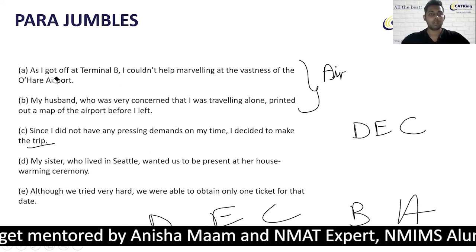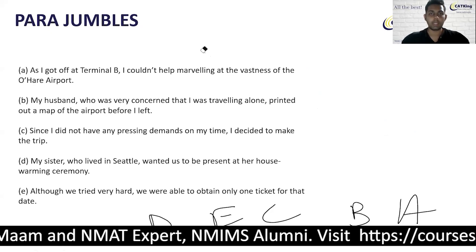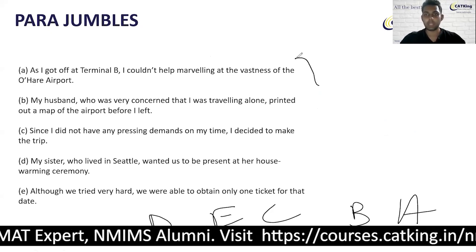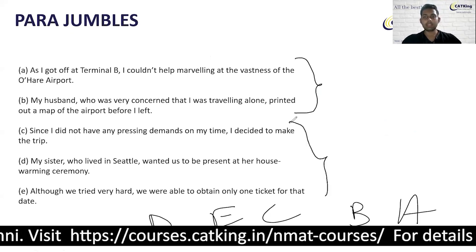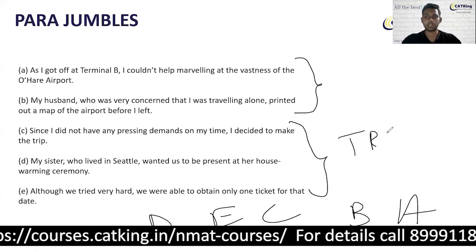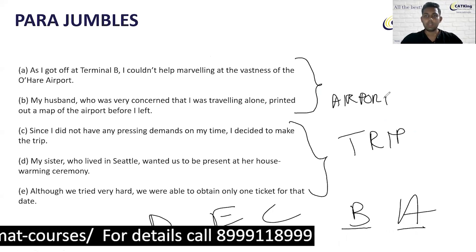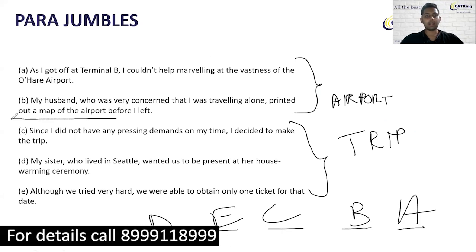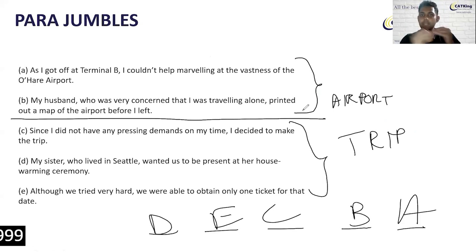Okay. Now, what does this essentially mean? Why have I chosen this? अब यहाँ दोनों देखेंगे इन दोनों sentences का main point was airport. इन तीन sentences का main point was trip. Okay. If you are able to identify, okay, what is the main essence of sentences, automatically groupings ho jati hai. That is the point I wanted to drive over here. Okay, so